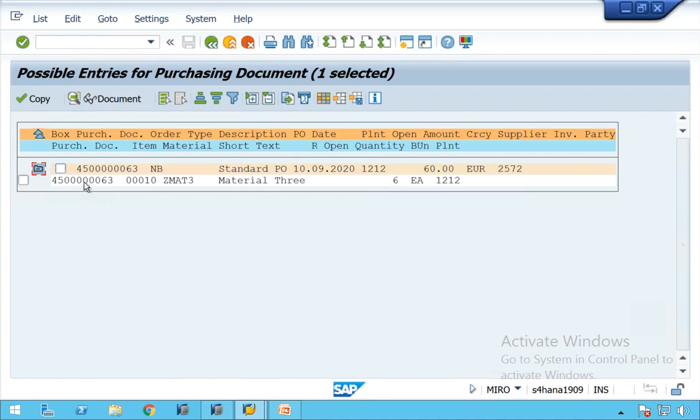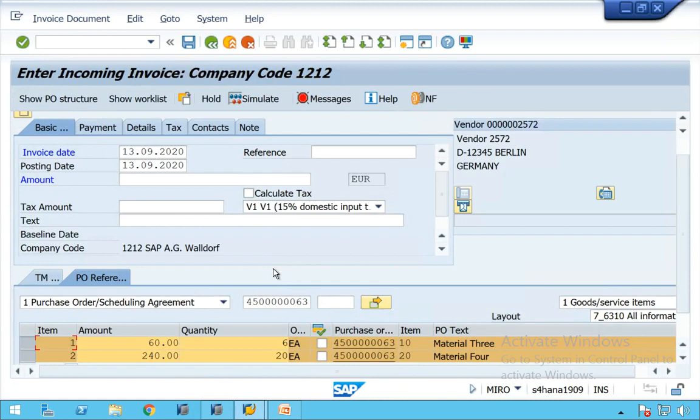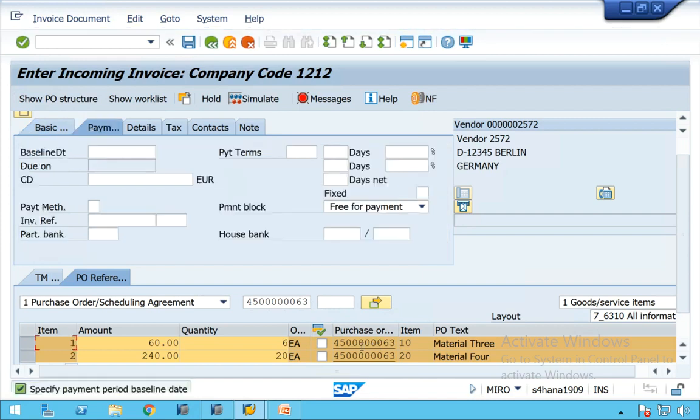So how many pieces did we order? ZMAT3, 10, right? 10, let us first select this, copy, and press enter. Always, when you choose something, you have to press enter. How many did we get? So then it is very strange. Why did it not display? Let us go and examine the purchase order. We'll click the purchase order. You can branch to purchase order.